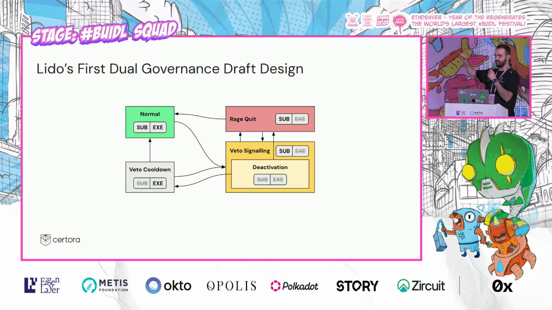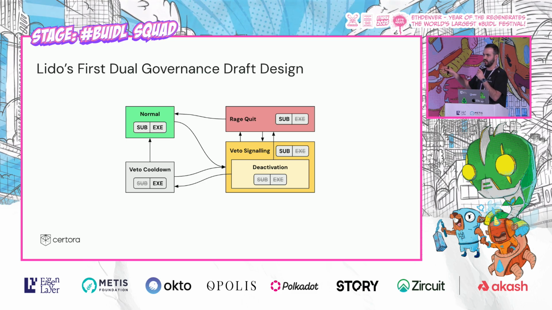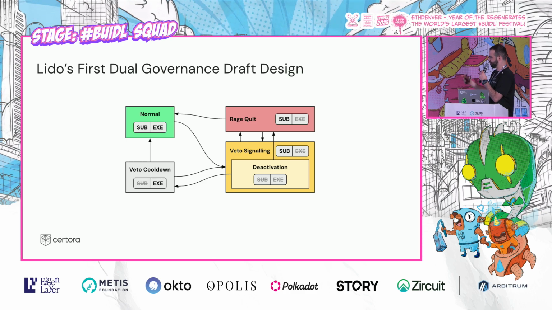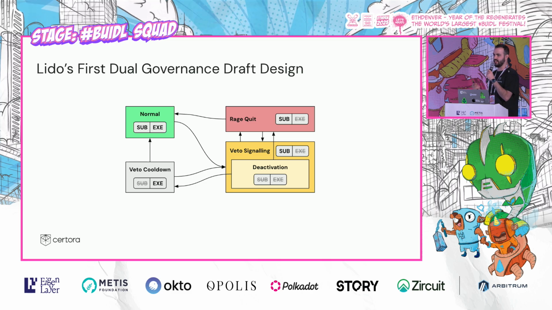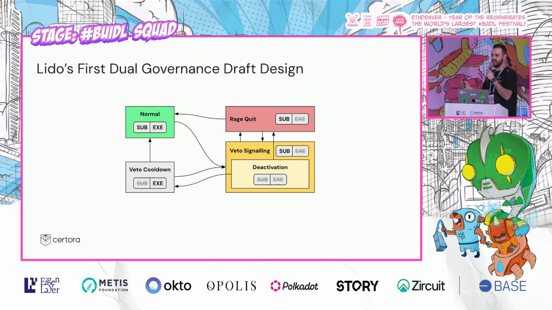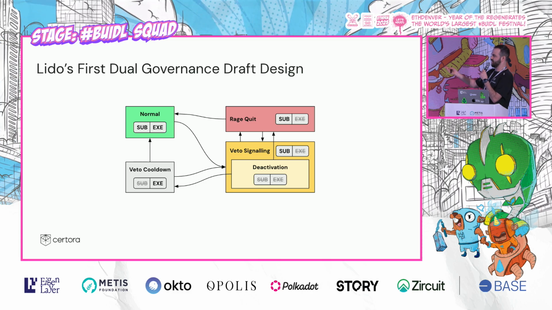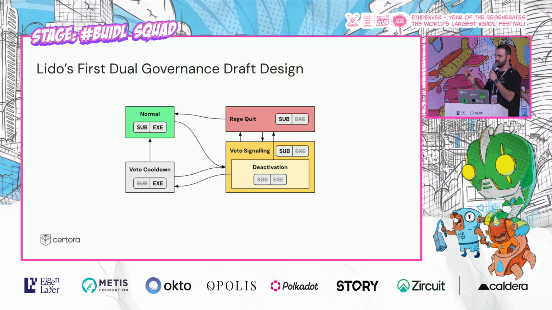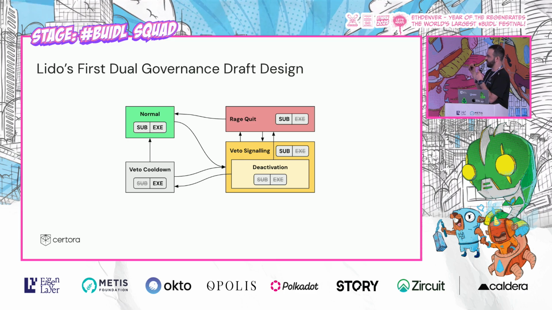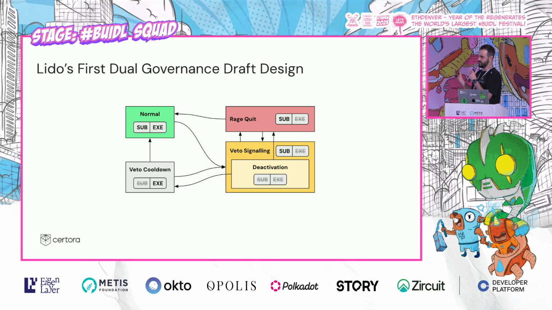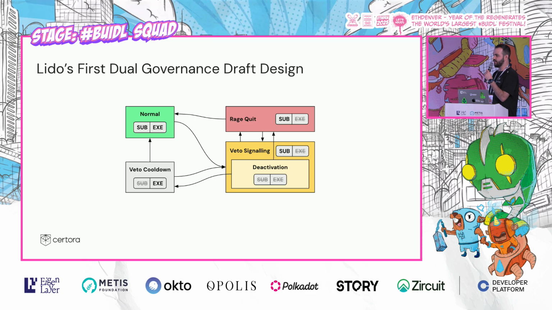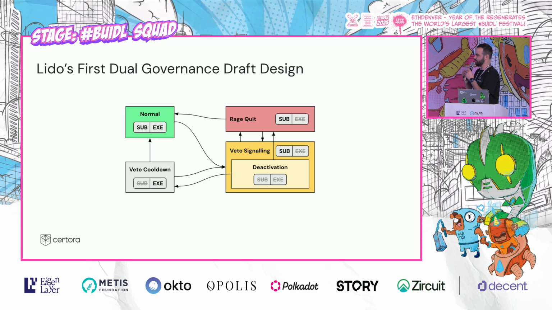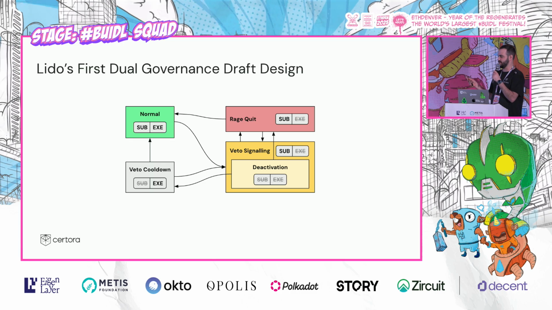We transfer all of the funds of the stakers to the withdrawal queue and request to withdraw them from the beacon layer. Which means that we're waiting maybe days, maybe weeks, until the funds come back. Then we distribute them to the stakers. Until then, we stay in this state. Only once the funds return to the stakers, then we transfer back to either the normal state, if everything is fine, or to the veto signaling state, if there is another malicious proposal that wants to be executed, because the DAO submitted it.